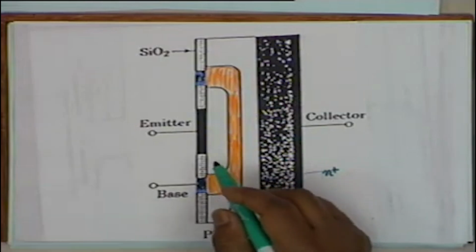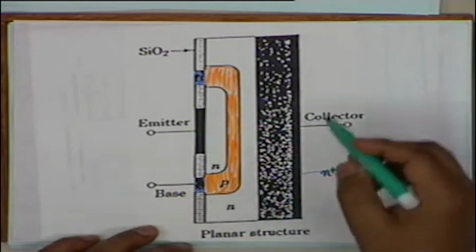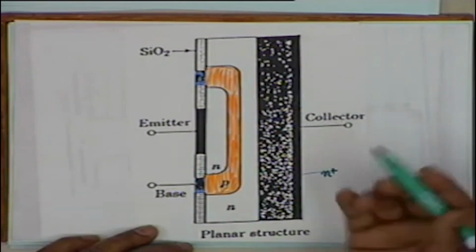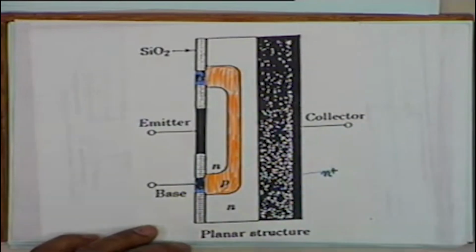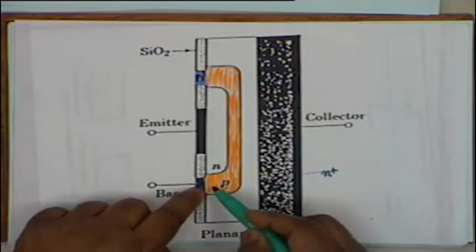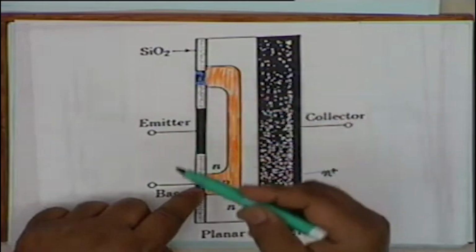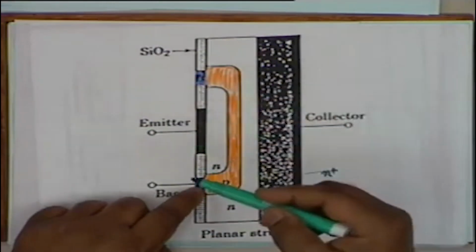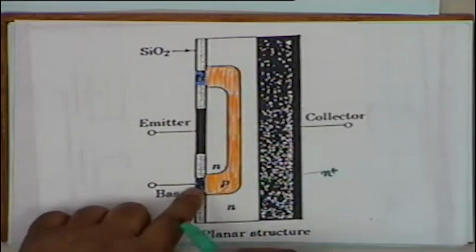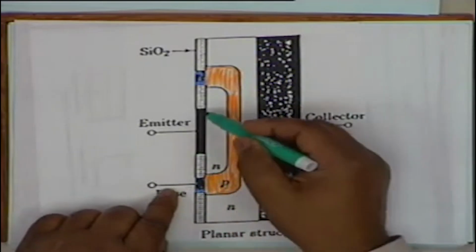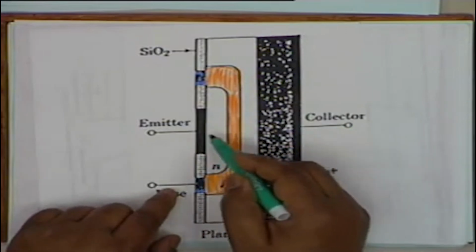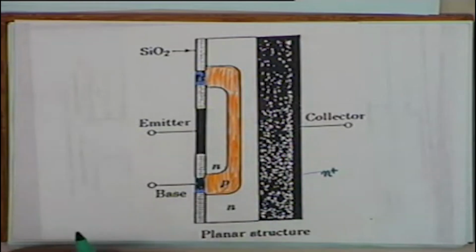gold or aluminium. Gold is the preferred one, you can also use aluminium. Now one contact is here, that is below the substrate, that is a metal, and this terminal you call collector. Then one contact is here, that is this P type material. The contact could be circular, it could be rectangular, depending on the geometry of the wafer. This is called the base contact, and the third one, this black region, is also a metal deposition, that is, it is a contact with the N region, and this is called the emitter. All right. There are three terminals,